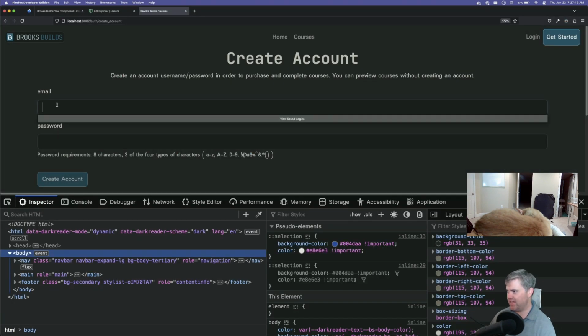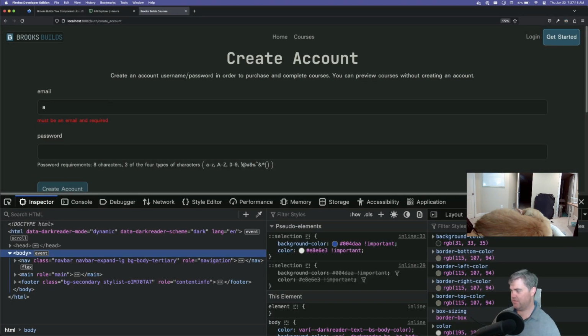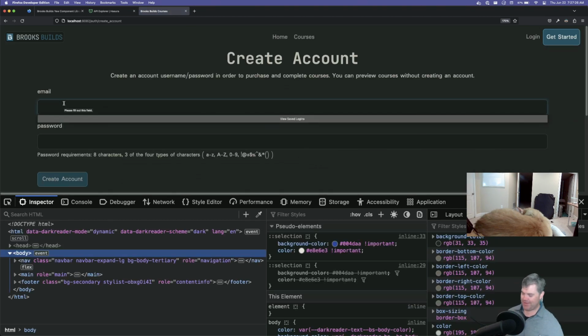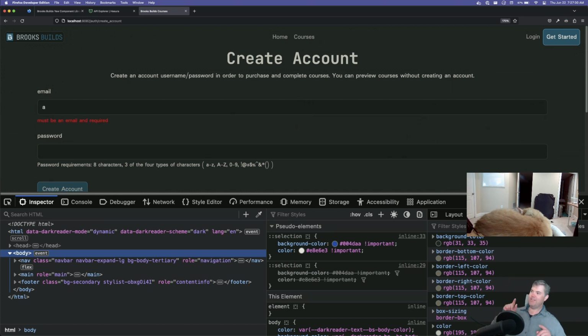Okay, so now if I say, uh-oh. That wasn't great. I click into email and I try to type in multiple times, but it removes my focus from the email when that